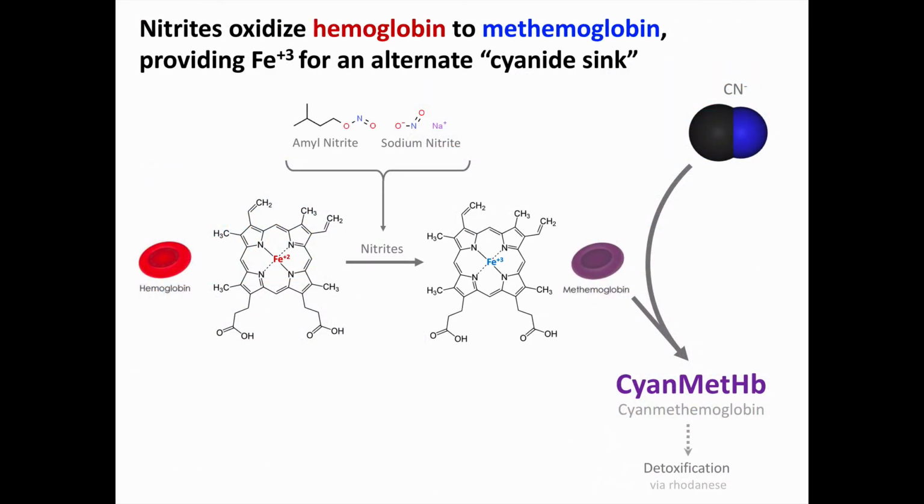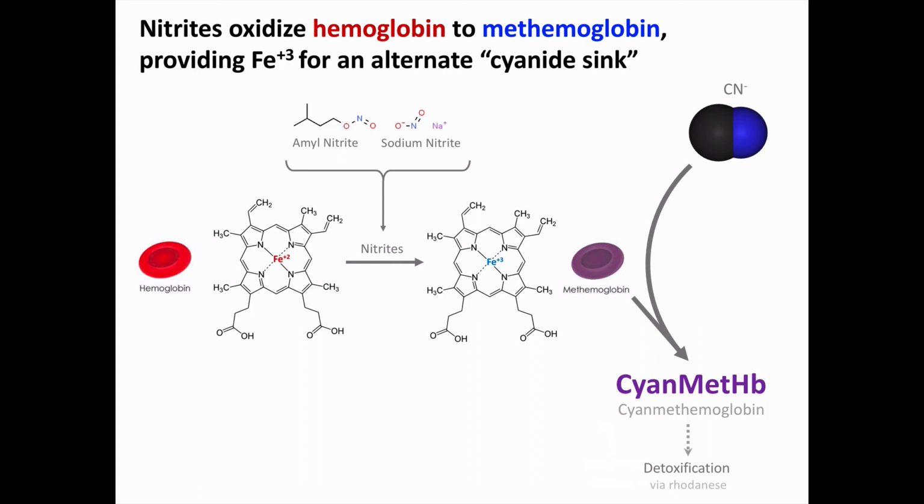The rationale behind the nitrites, sodium nitrite or amyl nitrite, is that they oxidize the ferrous or +2 iron in hemoglobin to ferric +3 iron, forming methemoglobin. The ferric ion provides a cyanide sink, an alternate binding site for cyanide other than in the mitochondria. When methemoglobin binds to cyanide, this forms cyan methemoglobin, sometimes called cyanomethemoglobin. The cyan methemoglobin carries the cyanide to the liver, where the cyanide can be detoxified through action of the enzyme